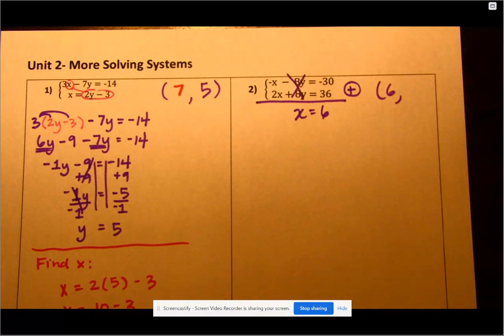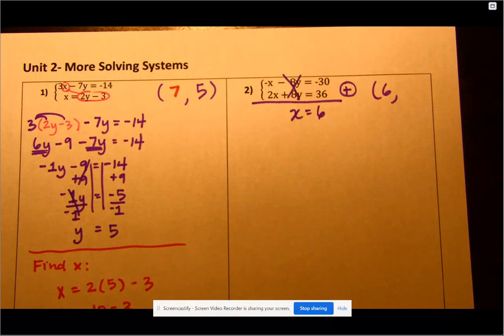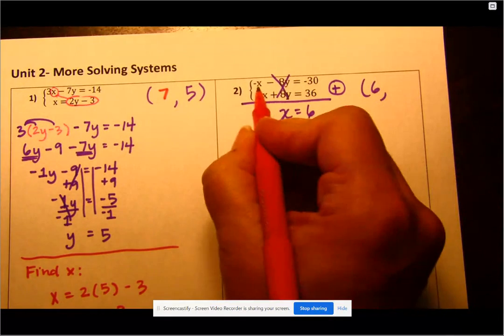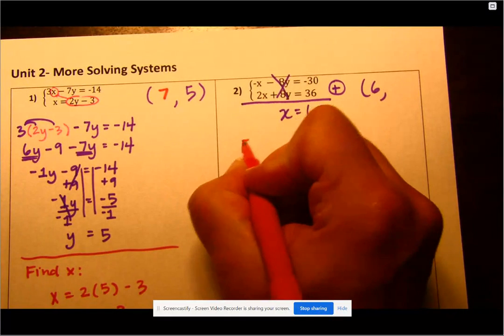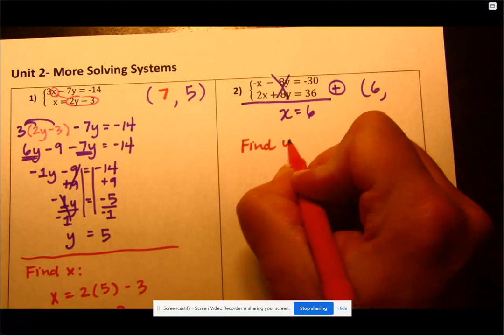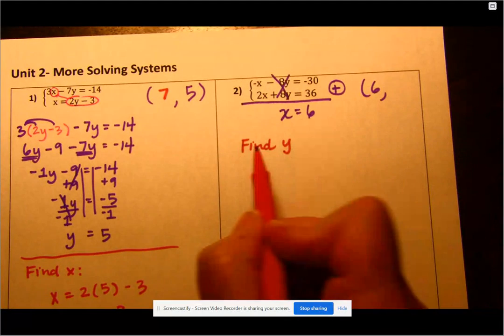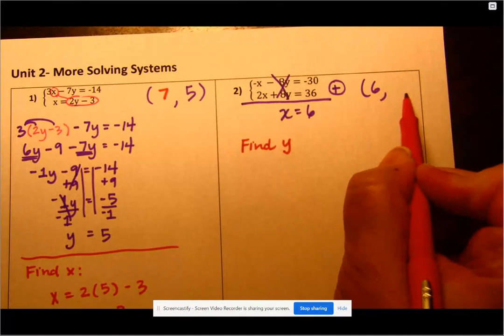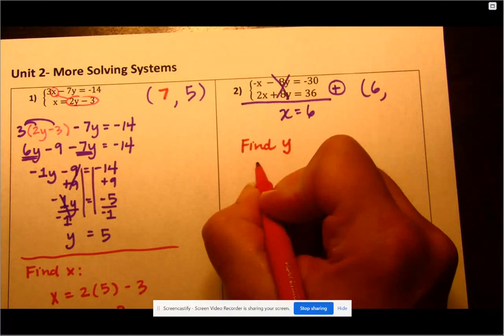Okay, so now that I found x, I can plug it into either of the equations. I'm going to deal with the bottom equation so I don't have any of the negatives to deal with. Like up here, there's a negative. So now I found x, now I need to find y. I think I might have said that backwards. Sorry. To find y, now that I know x, I'm going to plug in